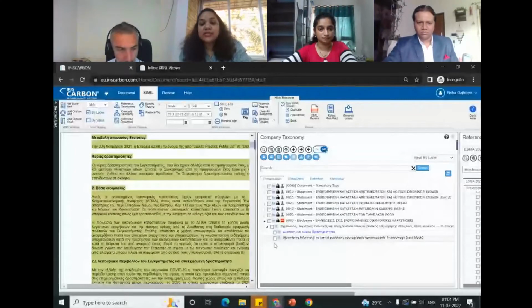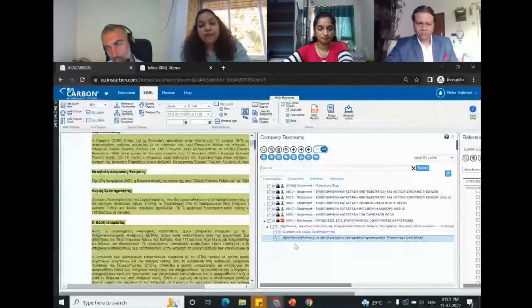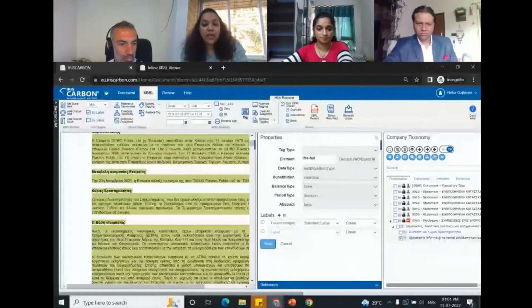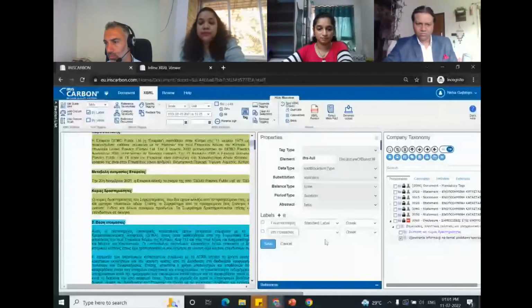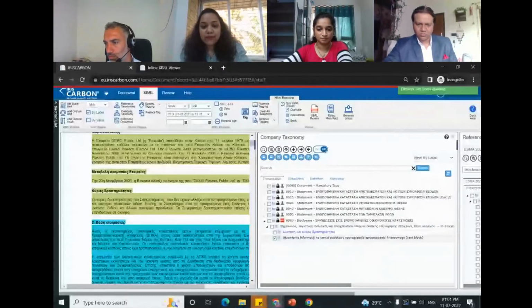The only thing which is there is to change the label name. So this is the standard label. So this standard label may be different from your notes heading. So for that, I have to assign a preferred label. So on my right click, if I click on properties, here I will be creating a label which is the heading of my note. So let me copy the note heading. I will paste it here. I will assign the preferred label with the terse label and I will say save.